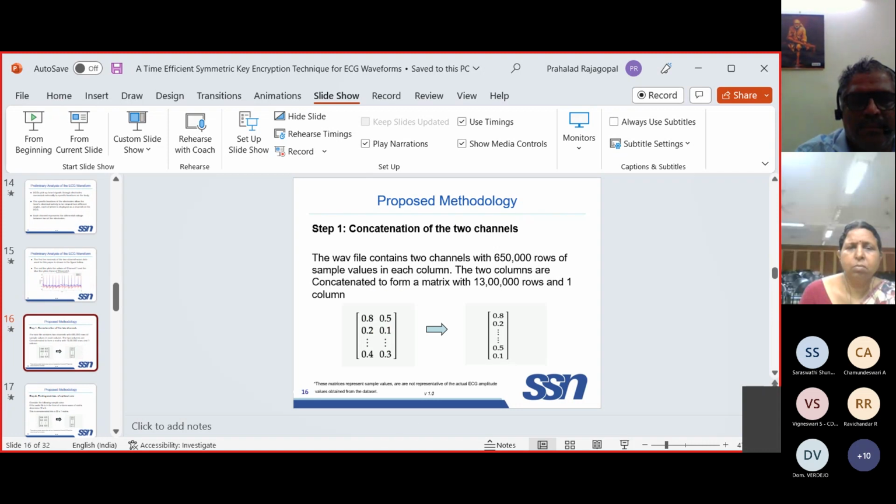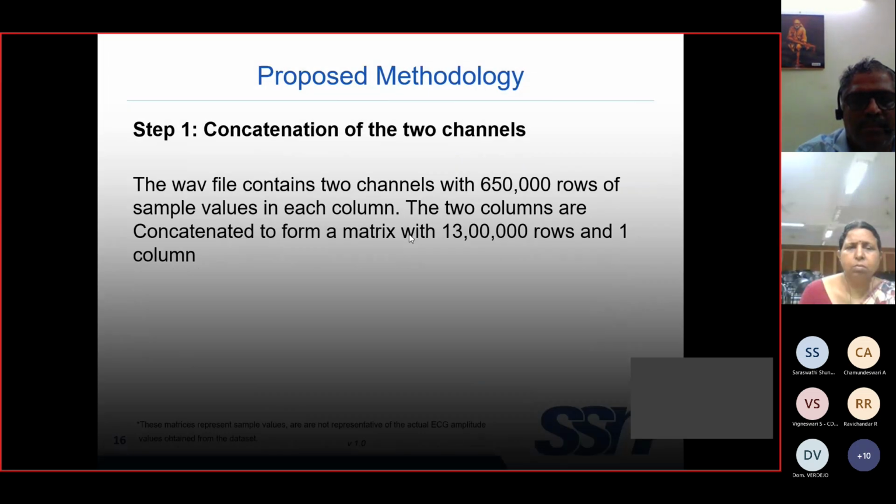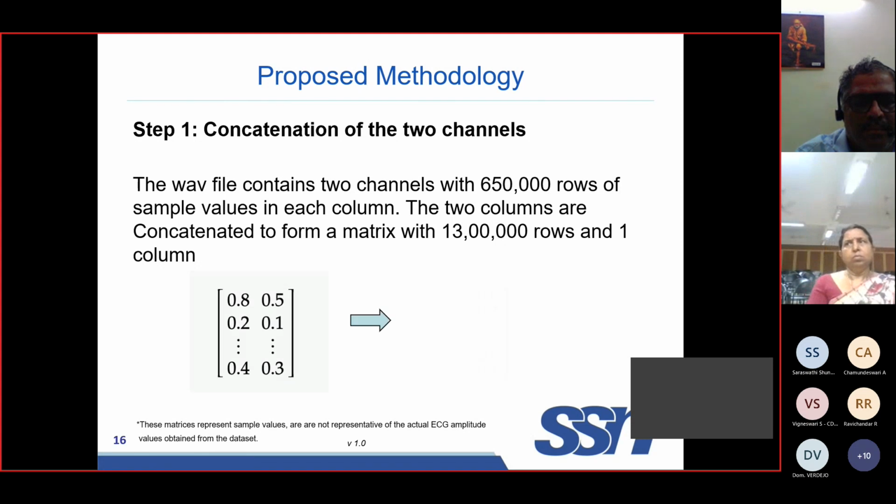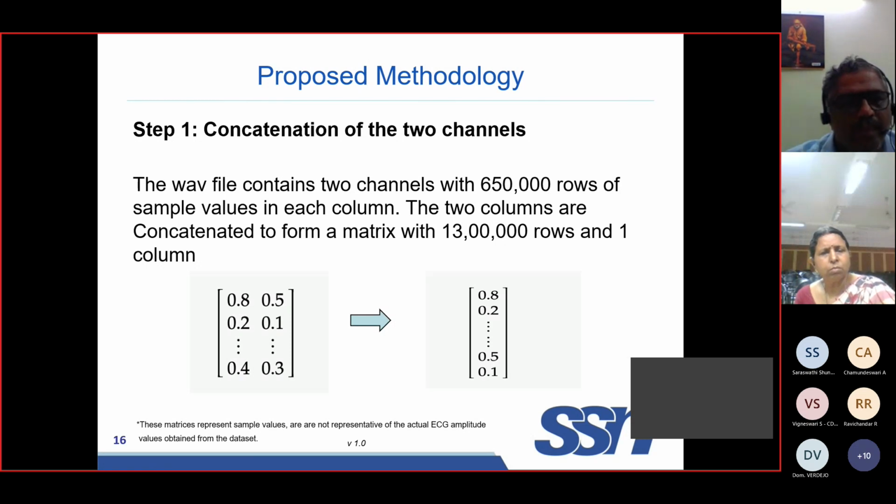So you mean this like? Yeah, yeah. How are you doing that? Sir, it is mere concatenation of the two columns into a single column matrix, sir, because the nature of the ECG file that we received is of a two-channel format. So that is converted into a single channel. It's mere concatenation of one below the other, and after we decrypt it, we take it back to the